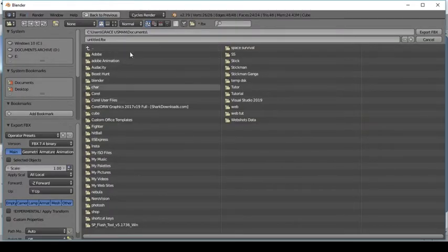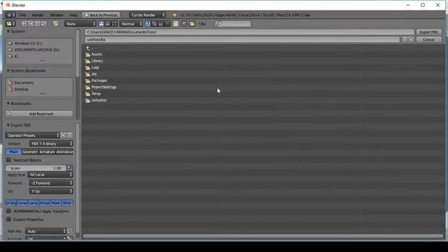It's going to ask me where I want to put it. So I'm going to locate the Unity scene or folder which I made. Mine is in documents, in tutor. I'm going to double click this, go into assets, double click it, and under my prefabs, let me put it here, and I'm going to call this